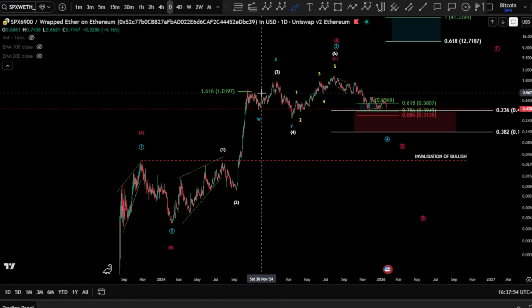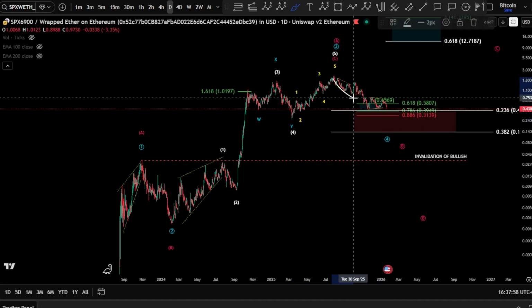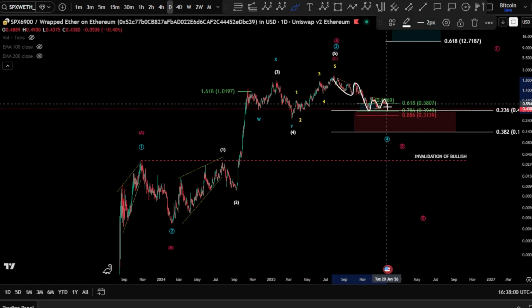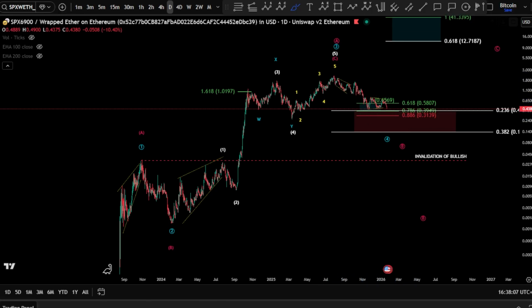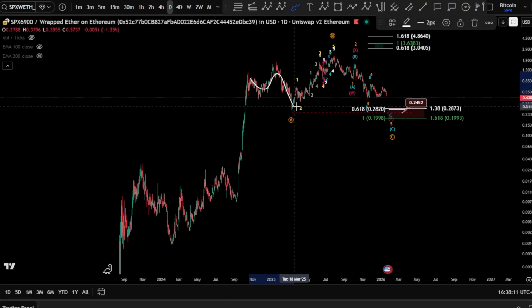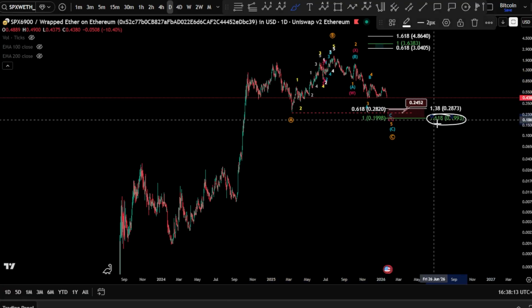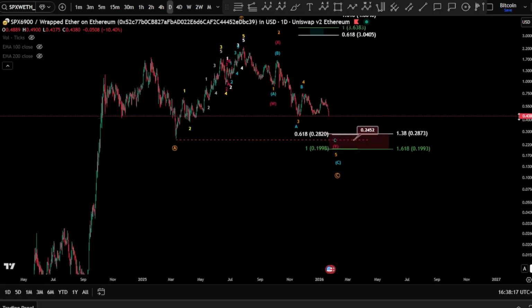And then, of course, having here an A, B, and a C. That means expanding flat can be a 1, 2, 3, 4, and a 5 here that we are looking for a wave C, expanding flat, because this looks impulsive anyway. And that means, of course, on the 2-hour chart, if this is a case scenario, you would like to take the 1.618 here, which is, of course, between the